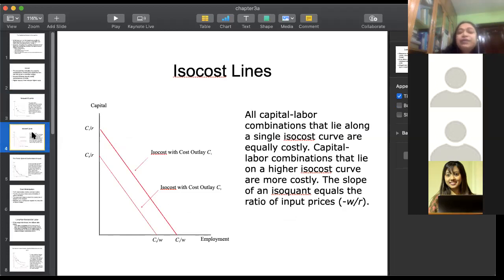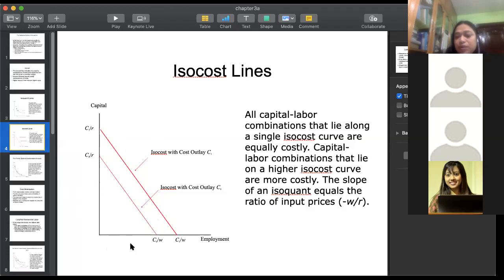All right, and then we defined the isocost line. Isocost lines are basically, iso means same, cost is the cost. So it's a line where cost remains the same. So an isocost line is a graph that shows all possible combinations of labor and capital that show the same level of cost. Okay, the cost remains the same across this curve. So if you want this amount of labor and capital or any amount of labor and capital along an isocost line, the cost remains the same. So cost is constant.